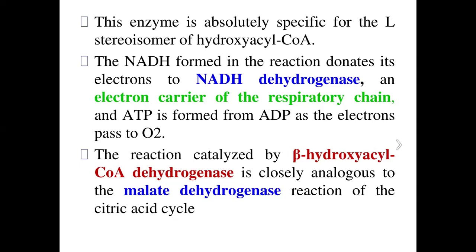Now, this enzyme is absolutely specific for the L stereoisomer of the hydroxyacyl-CoA, and the NADH that is formed in the reaction donates its electrons to NADH dehydrogenase, which is an electron carrier of the respiratory chain, and ATP is formed from ADP as the electrons pass to oxygen. Now, the reaction catalyzed by beta-hydroxyacyl-CoA dehydrogenase is closely analogous to the malate dehydrogenase reaction of the citric acid cycle. So if you remember the citric acid cycle,